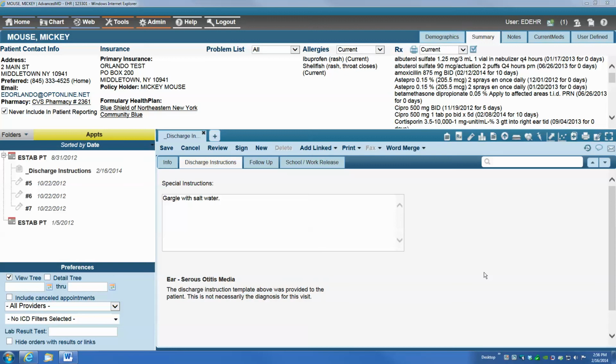Hi, this is training module 11, follow-up and school work release notes. We just left off with Mickey Mouse and a discharge instruction for serous otitis media. And now we're going to move on to, let's say we wanted to refer Mickey Mouse to a particular physician